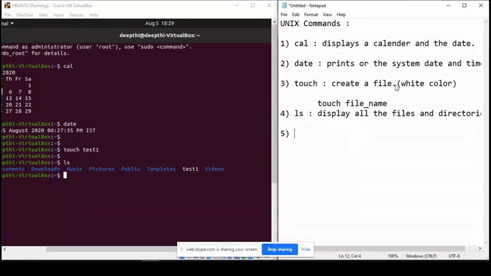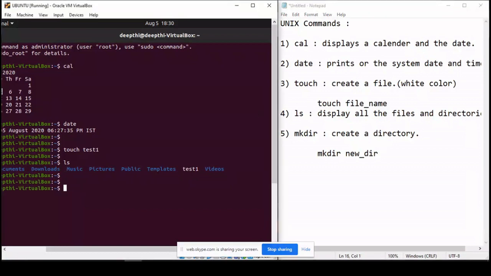Now coming to the fifth command, that is mkdir, and this is used to create a directory, right? And how will we write it? We'll simply write mkdir with some space, and then the directory name. The directory name I'll be giving here is new directory. Let's type it here.